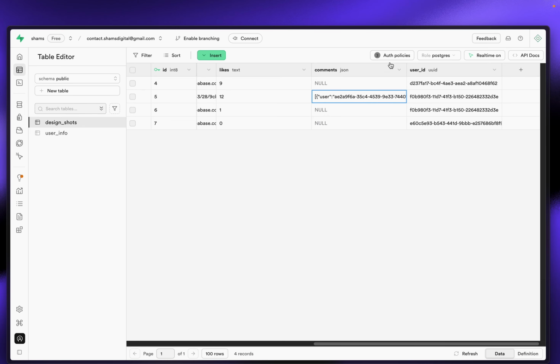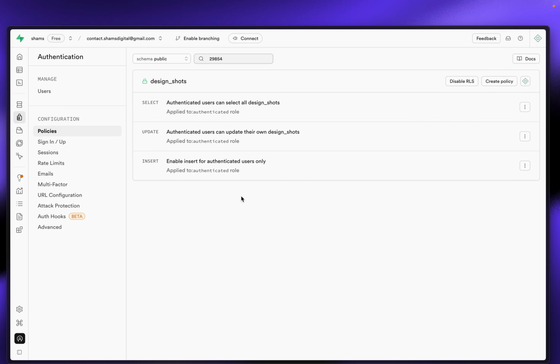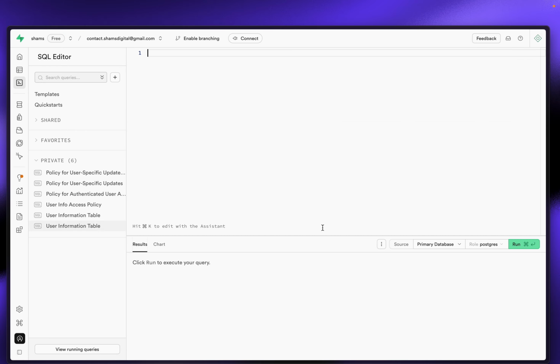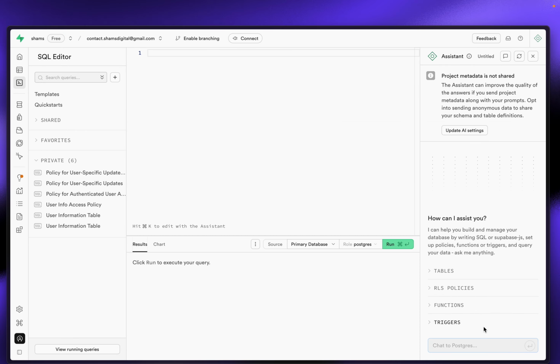But in our auth options RLS policy, you can see the update option is just for the authenticated users. I understand that, but it's just for that user. We need to give it access so anyone can update data on that specific table, right, or the column. So that's what we're going to do. If I click on it and click on this AI option,